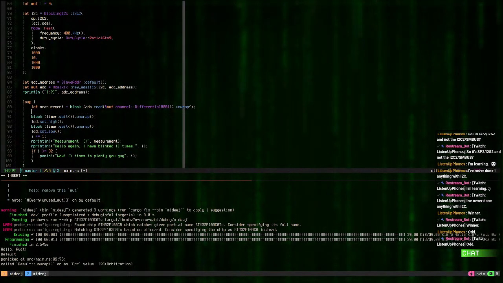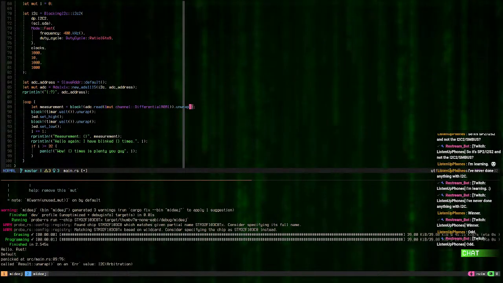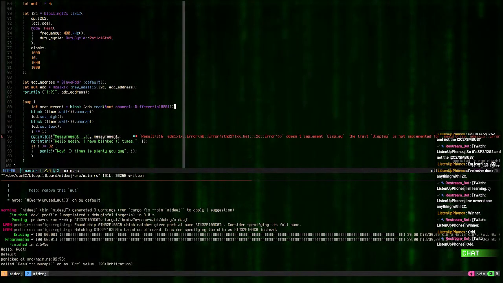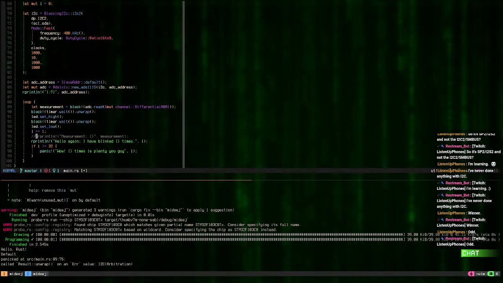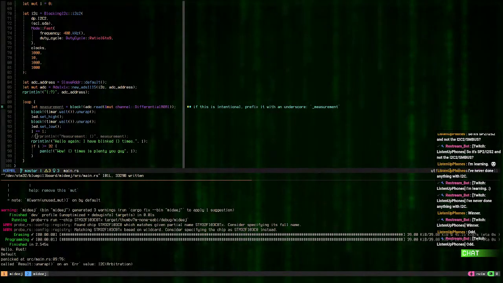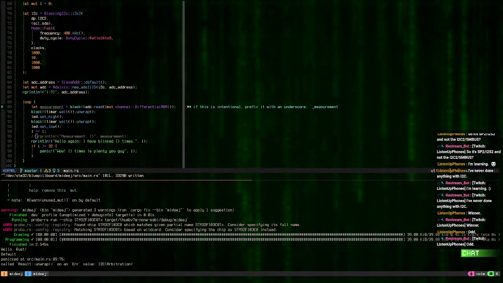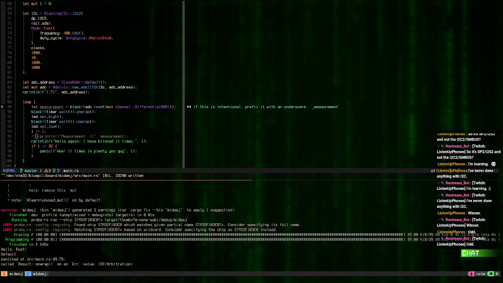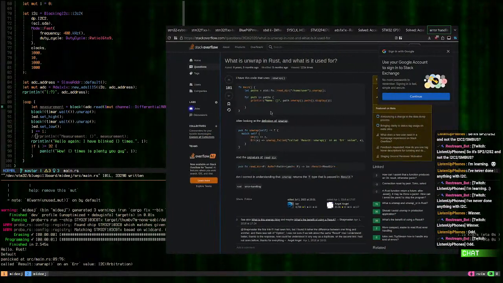Okay. So instead of any of this, I'm going to... So that's an error. And for now, I'm also going to comment this out. Prefix it with measurement. Dot unwrap. Rust. So, okay, let's bring this back up because this is a little bit of a... now we're learning Rust rather than